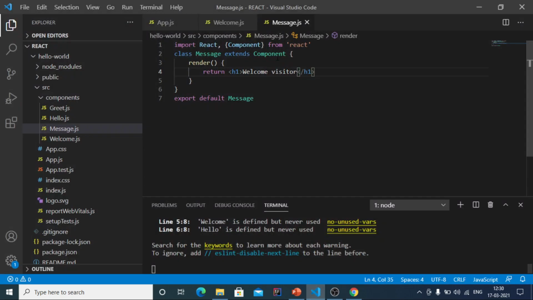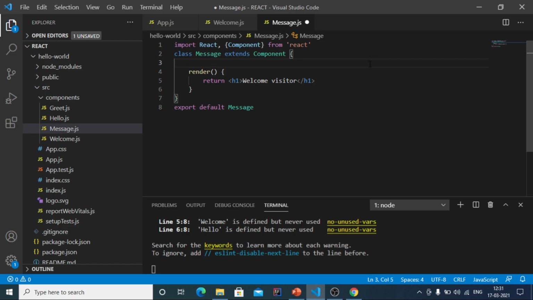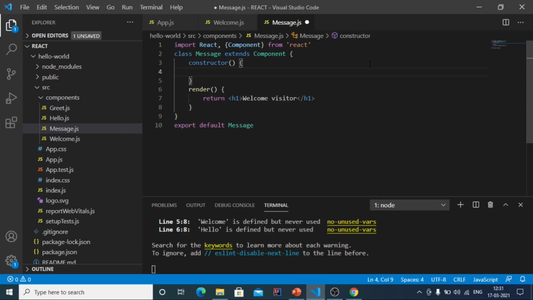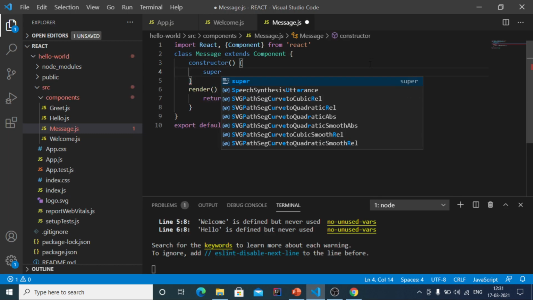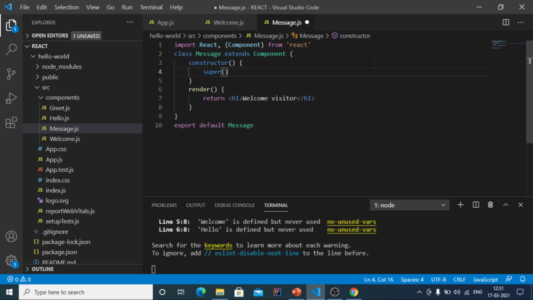So for doing that, before the render function, you need to create the constructor, and first we will be making use of the super method, because the message component is extending the component class from the React library. That's why a call to the base class constructor has to be made.